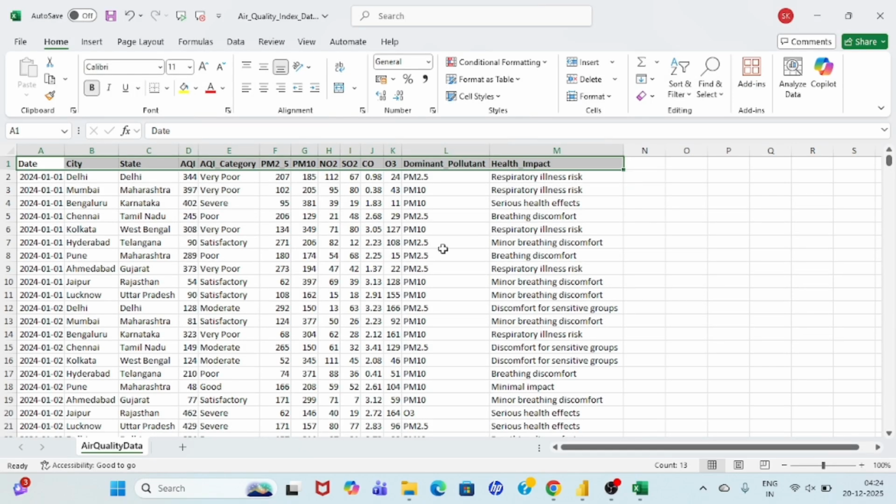Today we are going to build an air quality index dashboard in Power BI. For that, I have prepared the data set, and these are the columns: date, city, state, AQI, category, then PM2.5, PM10, NO2, SO2, CO, O3, NO, dominant pollutant, pollutant impact. It has around 1800 rows, and based on this data I'm going to build a neat and clean dashboard in